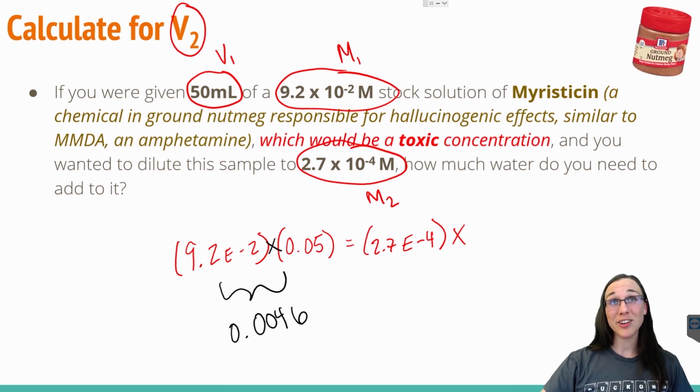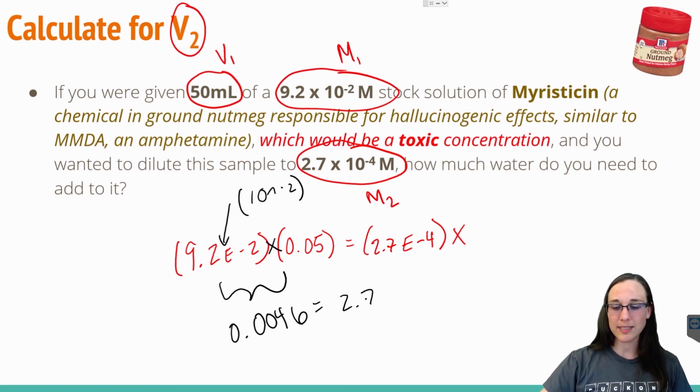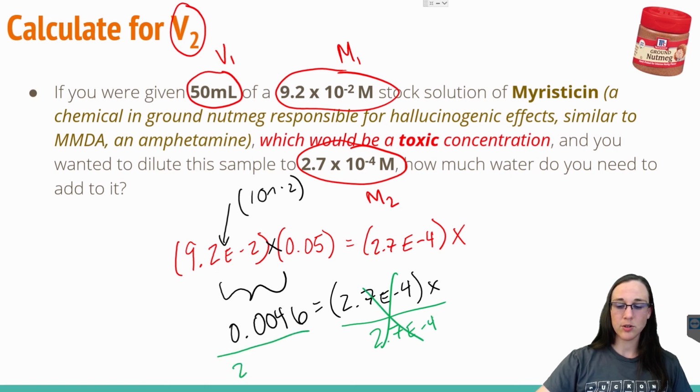When I plug these two values into my calculator and multiply them together, I get 0.0046. I do highly encourage you to use that second EE button in order to do that instead of the whole 10 caret negative 2, all that jazz. It just doesn't work out very well in the long run. We're going to set that equal to 2.7 E negative 4 times X. In order to get X alone, we need to divide off that very small value from both sides. So 2.7 E negative 4 gets rid of it from the X side. 2.7 E negative 4, divide that side. When we do so, we see that X is equivalent to